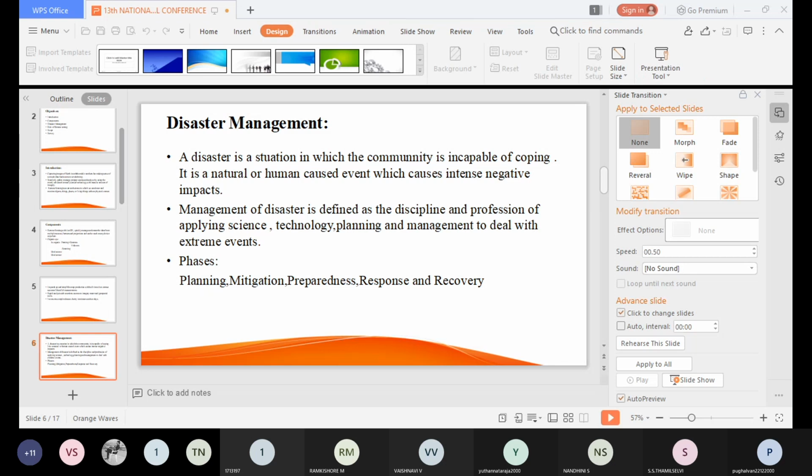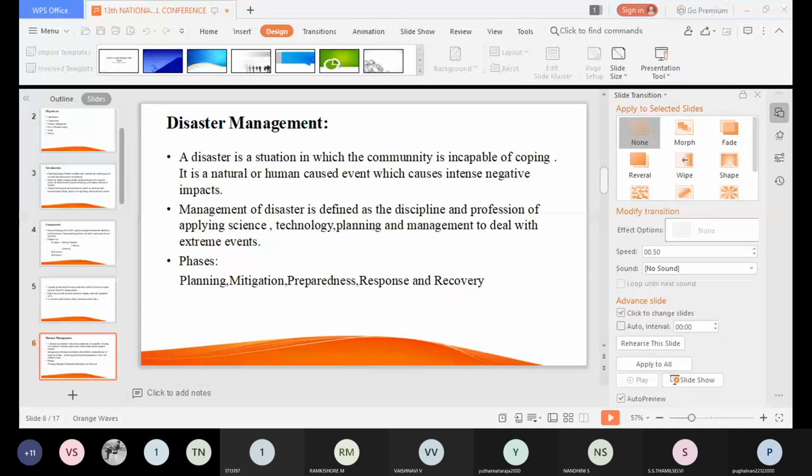Disaster management. Nowadays, in the world, Corona is one of the disasters. Our world is now facing a lot of disasters. So now, disaster management means